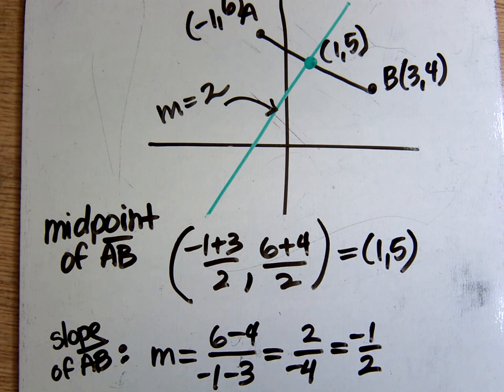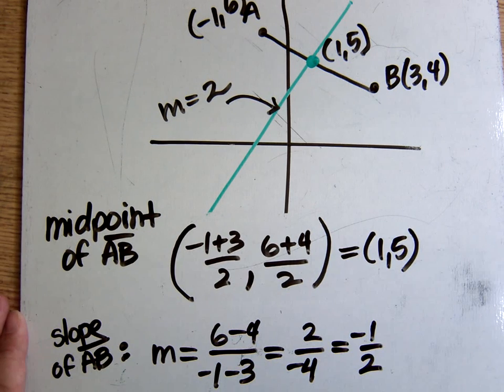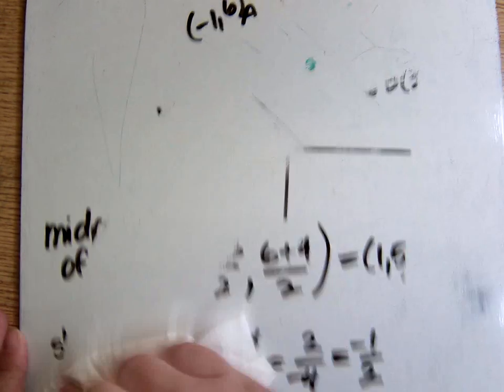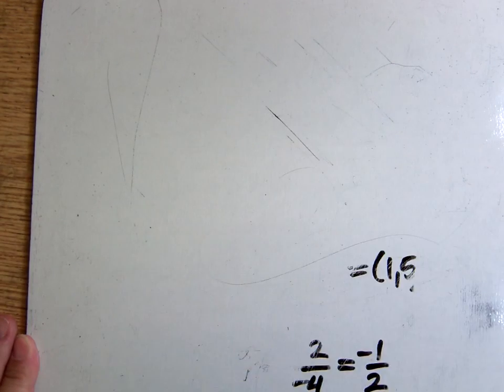Okay, what you're looking at here is something that we were actually working on in class. It's from example 4 in your textbook. What they're asking you to do is write equations, or write an equation, for a bisector working in the coordinate plane. In other words, I have a segment